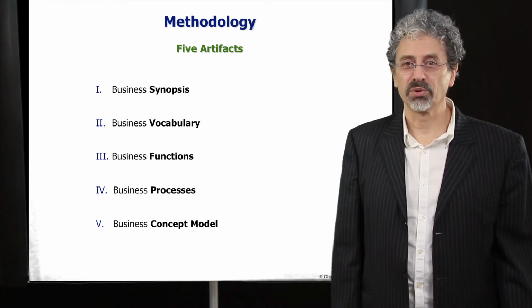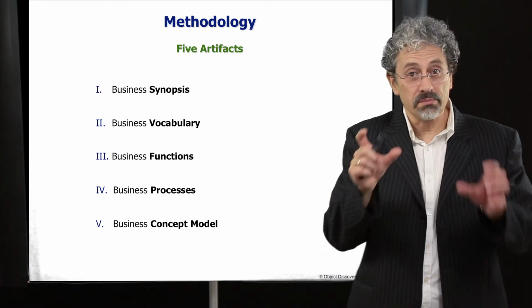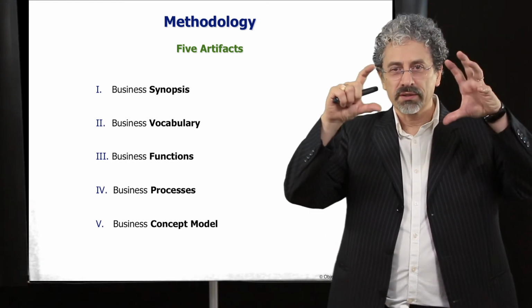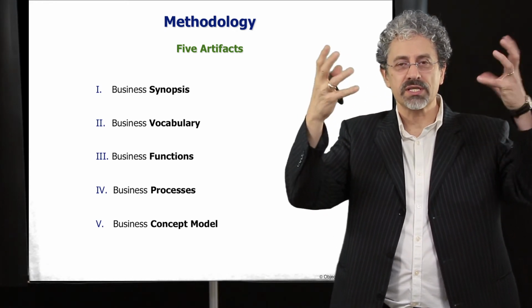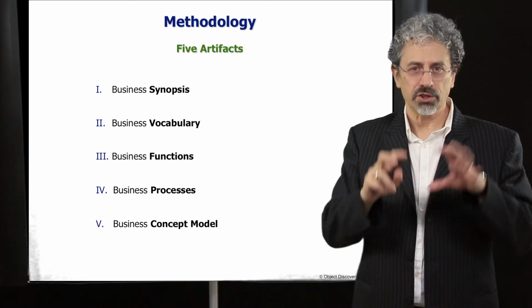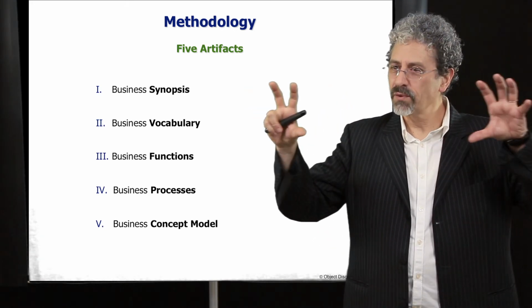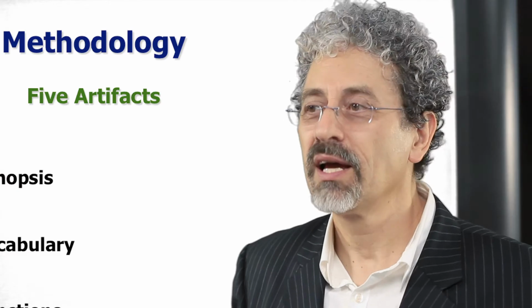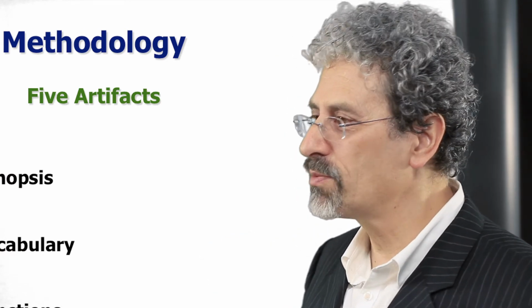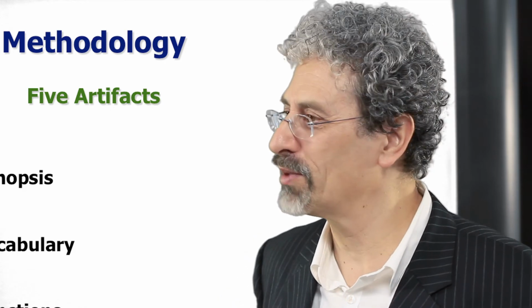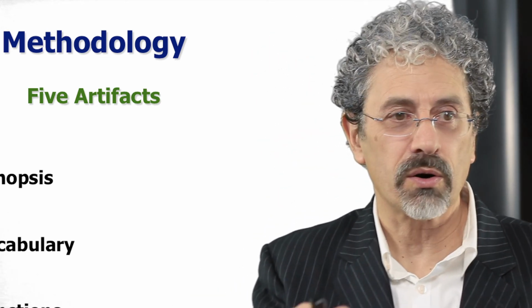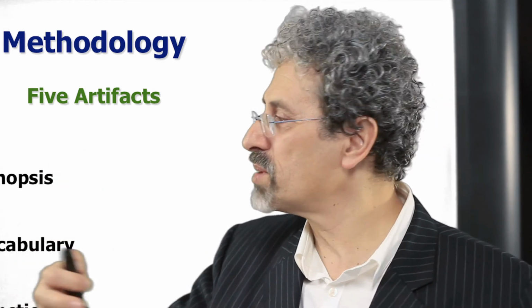Finally, but very importantly, the business concept model. And the business concept model is what we talked about in the previous slide, where we describe concept relationships and their abstractions in a diagram. I showed you two diagrams, but in fact, we put all those together. Abstraction and concept relationships are on the same chart. And that is what we call the business concept model. Some of you may be familiar with this. I have recognized UML class diagrams, but that's a technical term for the language that is being used itself. Really, it makes sense to us when those are business concepts or engineering concepts or medical concepts or insurance concepts